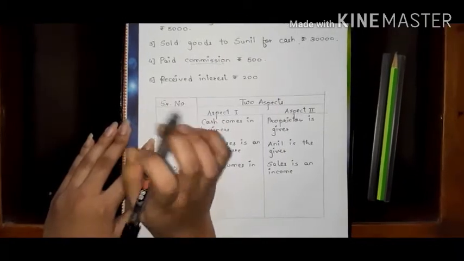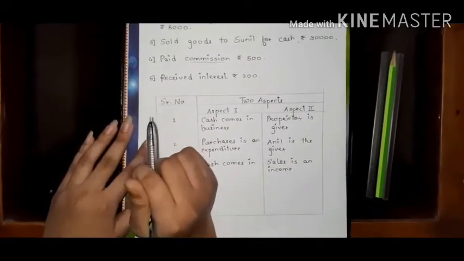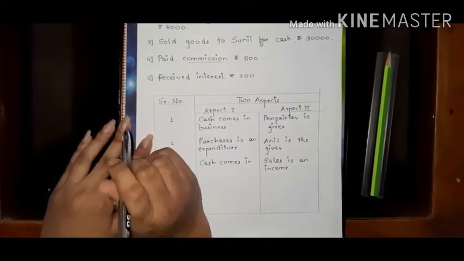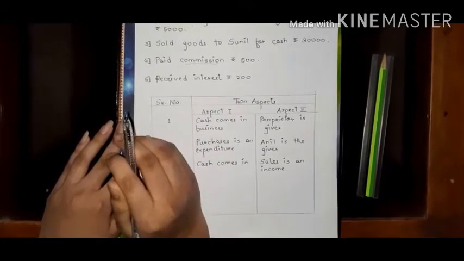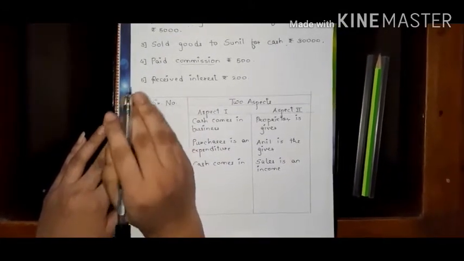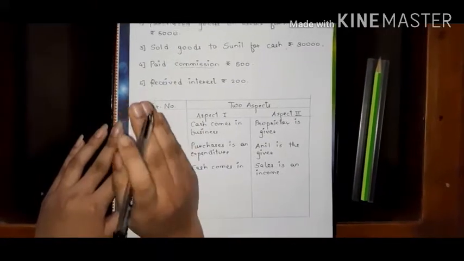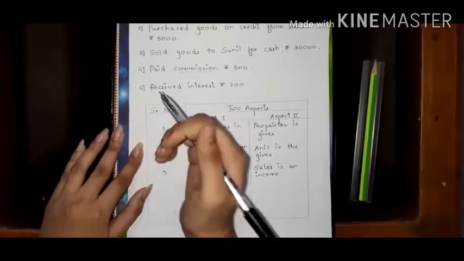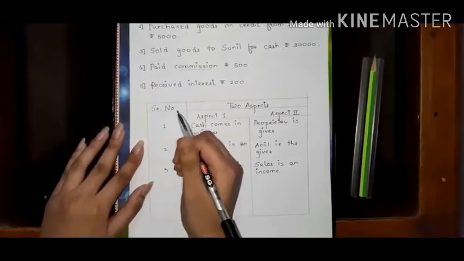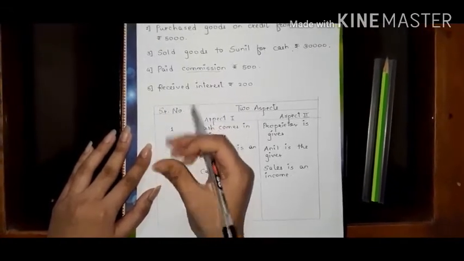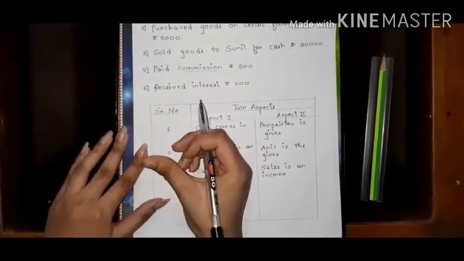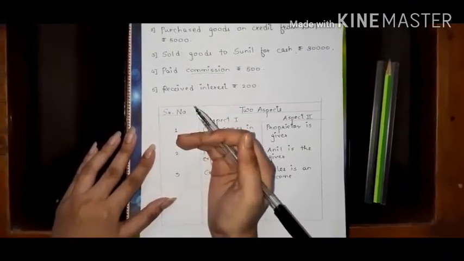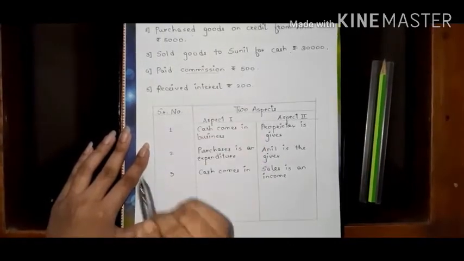Confused? See, let's take two companies. You are one company, I am one company. Now you are a sole trader and I am a manufacturing industry. Now I am manufacturing a set of pens and you are a sole trader. That means you have a small business where you purchase pens from me and sell it on behalf of me to the customers. So in return you will demand something from me. That demand you are making to me, it is called as commission. Okay, because you are selling my pens on behalf of me. Okay, that is called as commission.